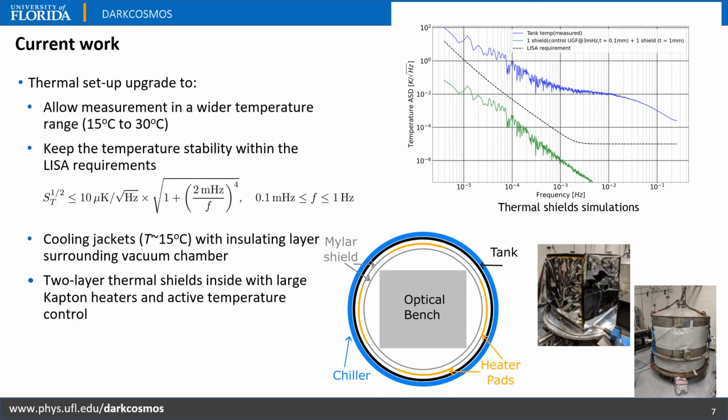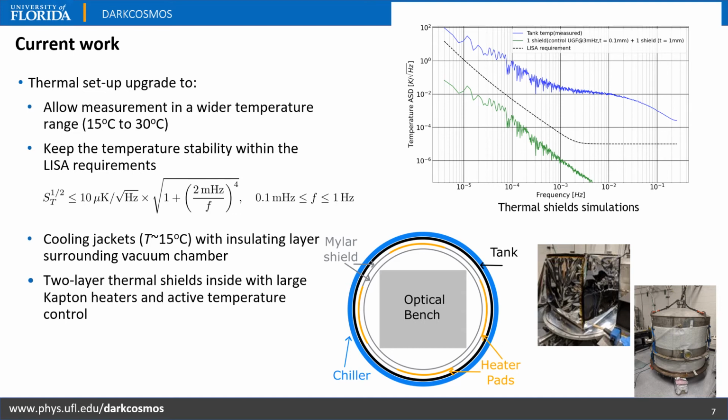We're also working on the thermal setup of the vacuum chambers. So we want to measure the picometer stability at different temperatures between 15 and 30 degrees. At each of these temperatures, we want to have a stability at the microkelvin per square root of Hertz. And to do so, we plan to have some cooling jackets wrapped around the vacuum chamber that will be kept at 15 Celsius,